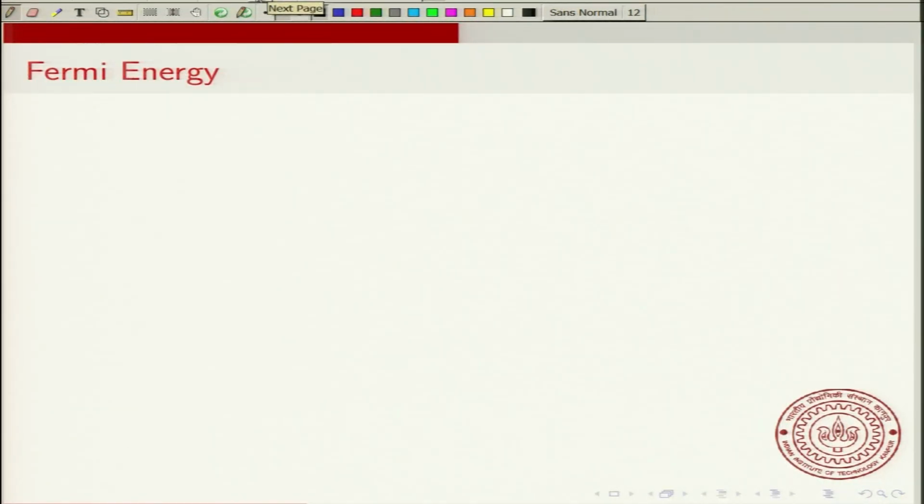So what happens here? If you look at the energy level, I'll just plot it here. I'll put energy on this axis, epsilon nx, I'll just call it epsilon. This is the energy. Now the lowest possible value is when nx equal to ny equal to nz equal to 1, and in this case you have